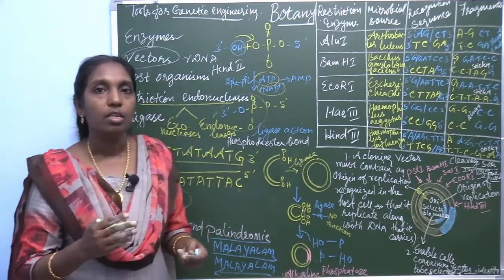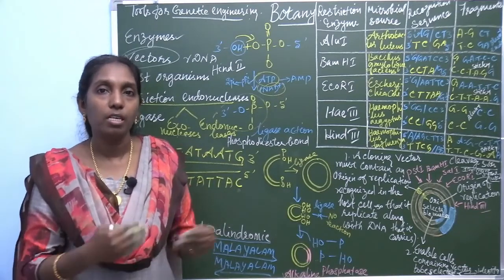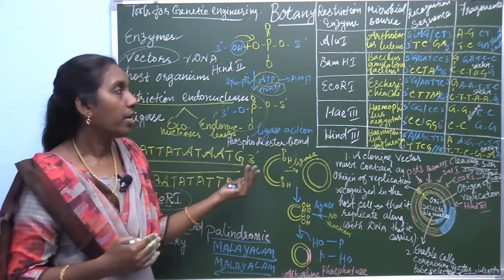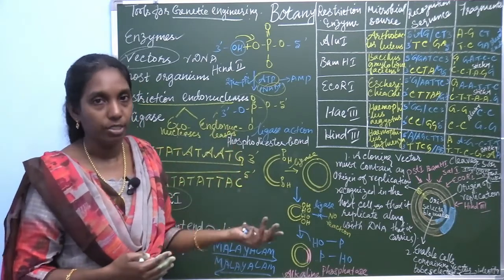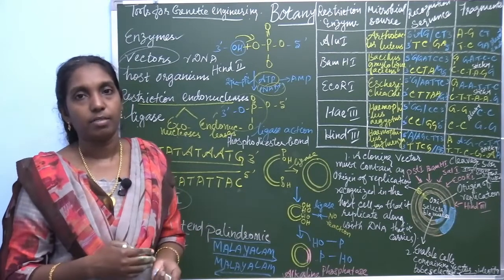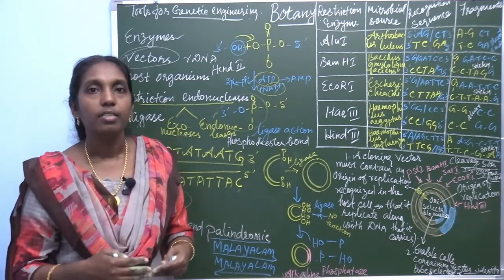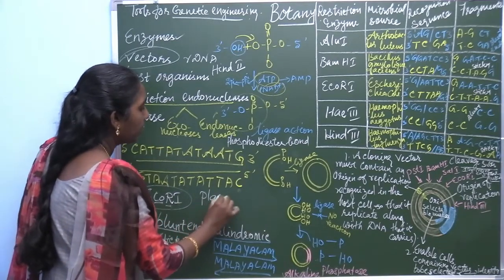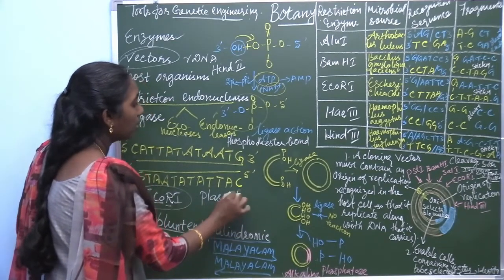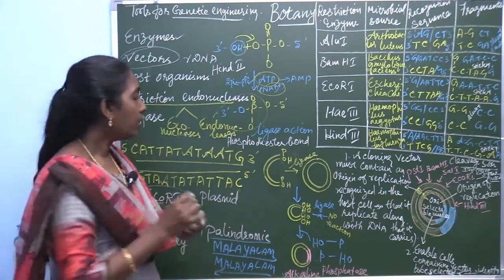Second question, the other major component involved in rDNA technology or recombinant DNA technology or genetic engineering is vectors. What are vectors? These are nothing but a plasmid. What's this plasmid? The plasmid, you know, in the bacteria,